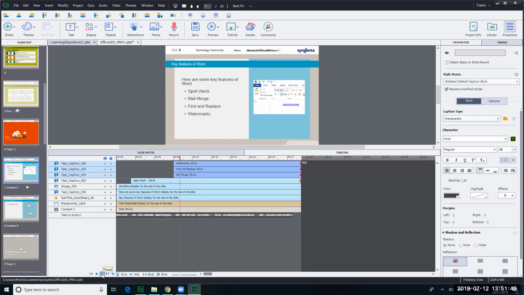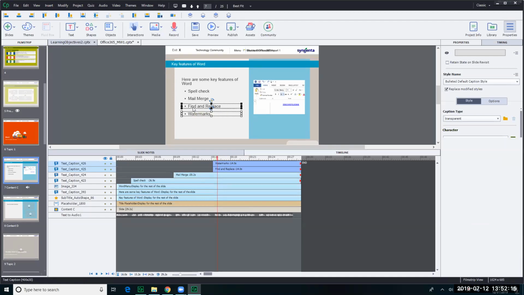Mail merge. This allows us to send out bulk emails, but consequently with unique elements. Find and replace. All right, so again, hold down Shift, unselect mail merge. That leaves it where it is. You can see it's a different color, and I'll drag the remaining two along the timeline to this point, and that's where find and replace happens, so I can unselect find and replace to leave it there,